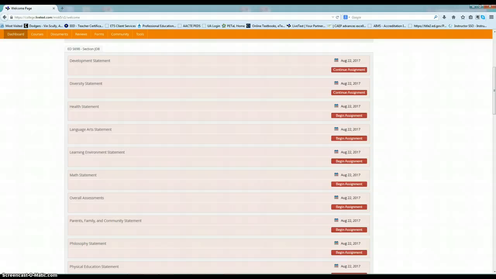To begin your portfolio, the first thing you're going to need to do before you ever click on one of these links to begin or continue an assignment is access, change the file name of, and save your LiveText document for this course. So you'll need to access the portfolio template, which I've created for you and have placed into